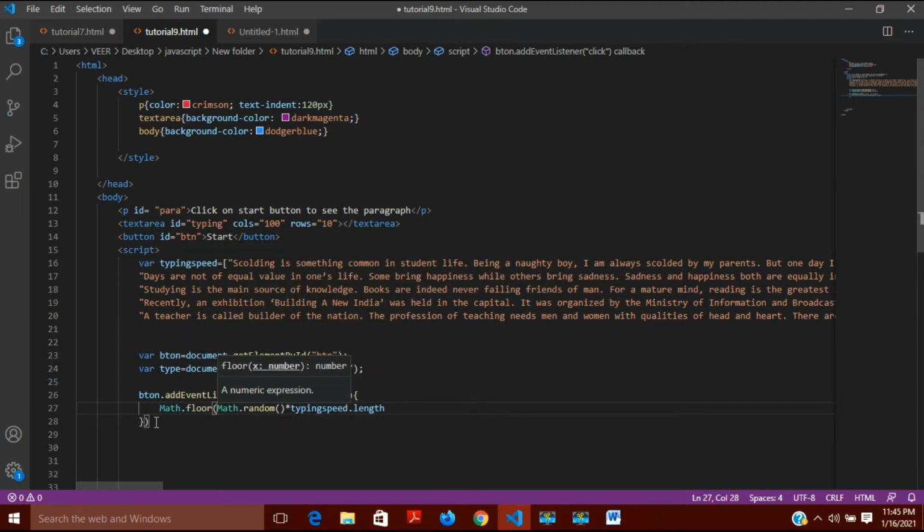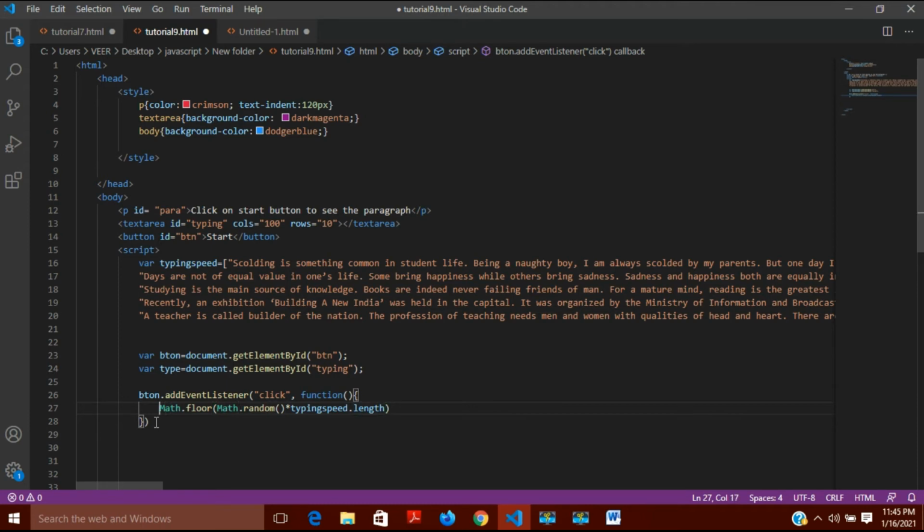So when I use Math.floor, I will have to insert it into these brackets, and after that it will not give the random values as decimals. It will give random values, but these will be rounded-down values like 1, 2, 3, 4, 5, 6, and so on.